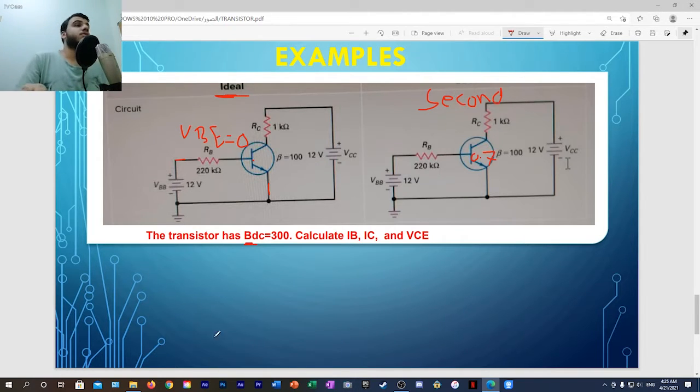So let's begin to analyze the circuit. This side is for the ideal approximation and this side for the second approximation. Let's begin with the ideal approximation first. IB equals VBB in this loop minus VBE. What's VBE here? In the ideal approximation, as I said, 0. And RB